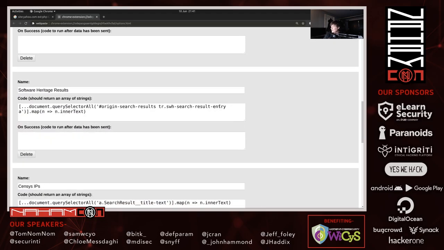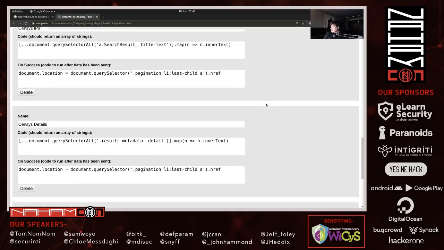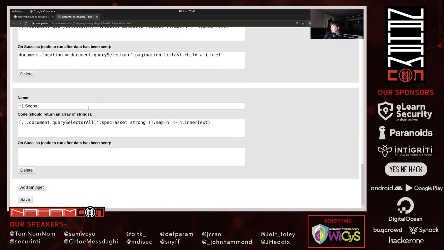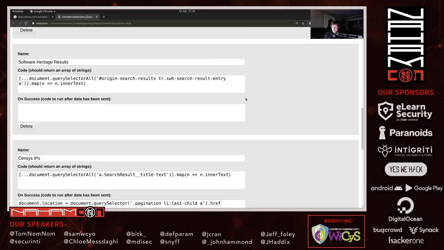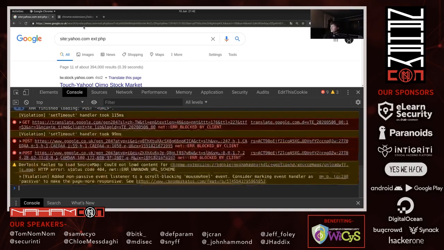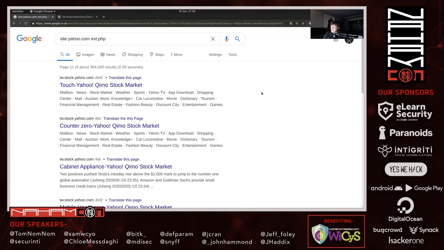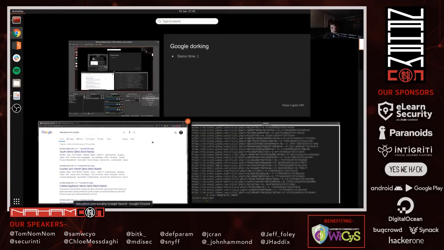One to pull out clone URLs for results on Software Heritage, IPs from Censys results, and the scope from HackerOne profile pages as well. And sooner or later these are going to break, but they work quite well and they're relatively easy to maintain. But for Google dorking, especially for building word lists from these results, I found it to be incredibly useful.